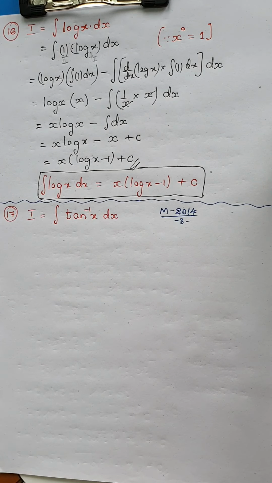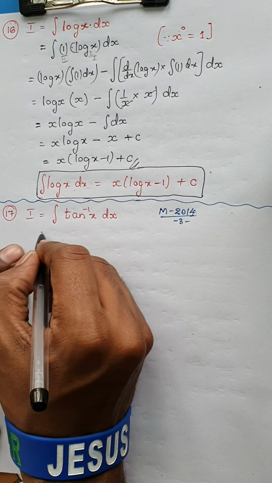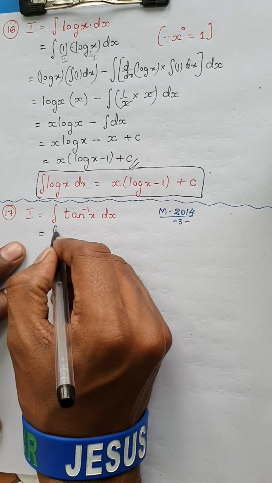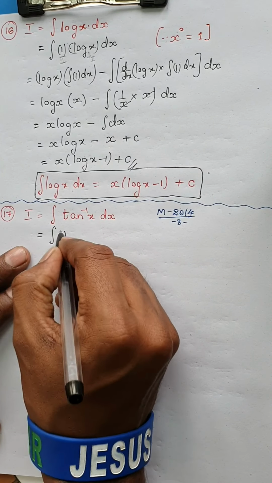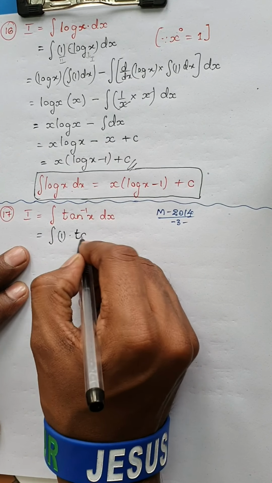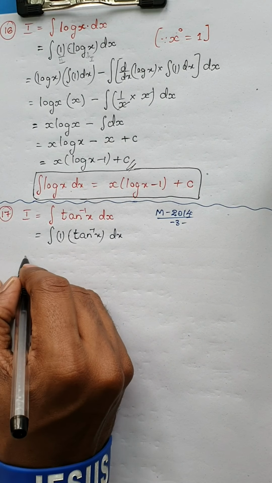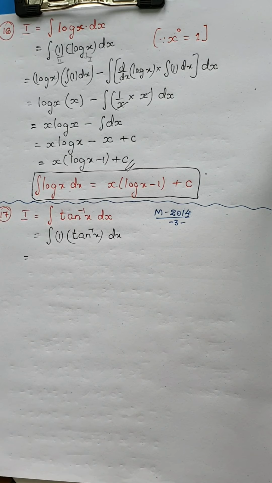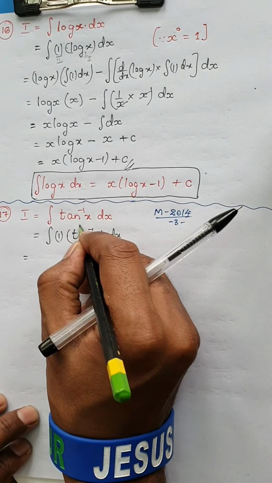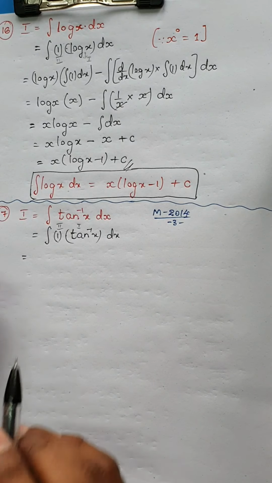The next question I have is similar to the previous one, a single function in the integral of tan inverse x dx. As I did in the previous question, I am going to continue a similar process. Remember, this was already asked in March 2014 for 3 marks once. Let me write the given integral as 1 into tan inverse x dx. Using the procedure, I have an inverse trigonometric function and an algebraic function, so I'm going to consider the inverse trigonometric function as the first function and the algebraic function as the second function.